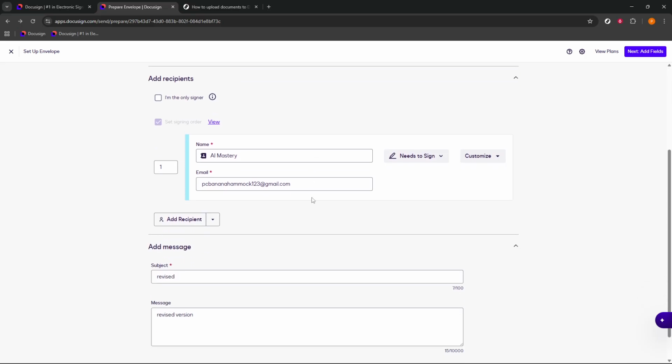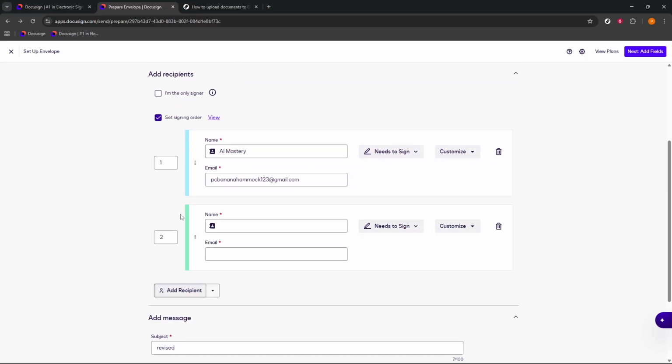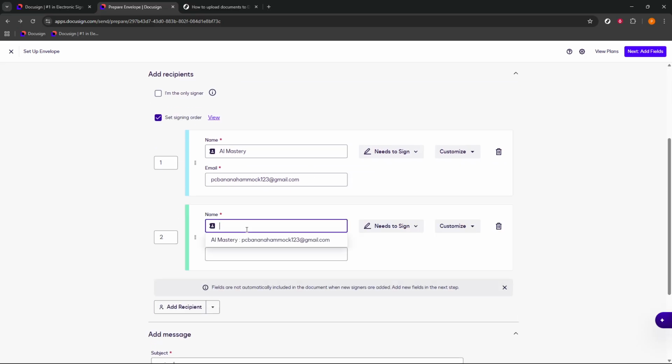Click Add Recipient. In the highlighted fields, type the signer's name and email address. If you see suggestions from your address book as you type, pick the correct contact to save time and reduce typos. When your recipient is set, move forward by choosing